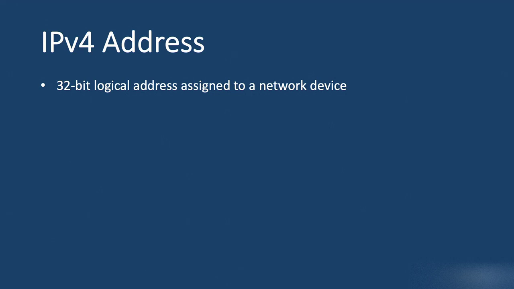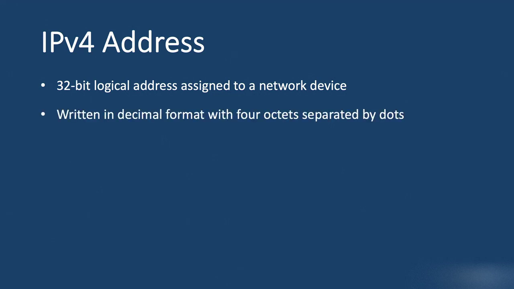But as long as you stay within the allowed range of IP addresses, you can configure any IP address on any interface, which is why we call it a logical address. We can decide what IP address we want to configure on an interface. It is not hard-coded on the device like a MAC address is. An IPv4 address is written in decimal format with 4 octets separated by dots. An example is